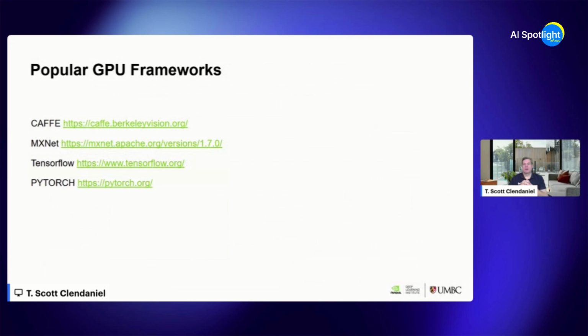Now, there are also things called GPU frameworks. A framework is a more sophisticated system, just like a framework for a building, or scaffolding put up. It's a sophisticated system for holding this type of code and this processor. And there are a bunch of them. Caffe is one, MXNet, TensorFlow, and PyTorch are the most popular. TensorFlow is amazing, but makes my head hurt because I found it really hard to learn, so I'll just put that out there. But it has amazing capabilities. If you can master TensorFlow, you're in good shape to do a lot of different stuff.